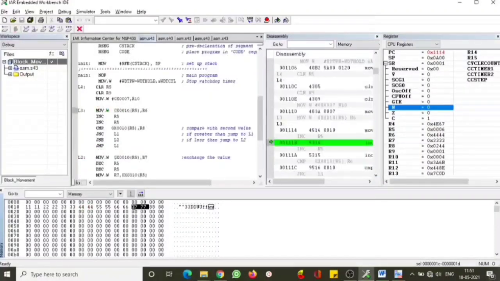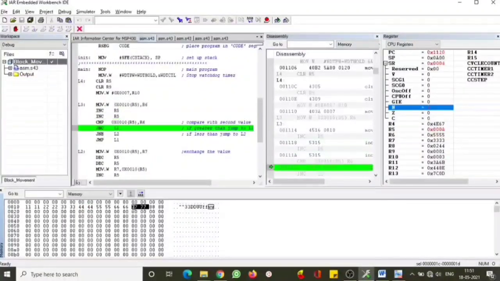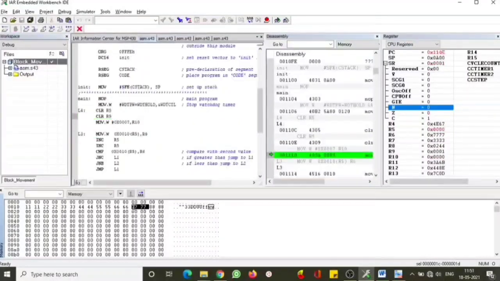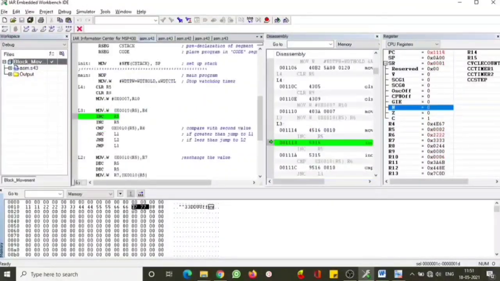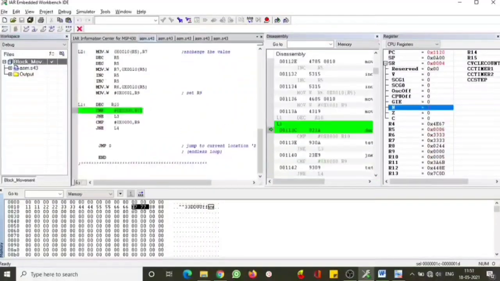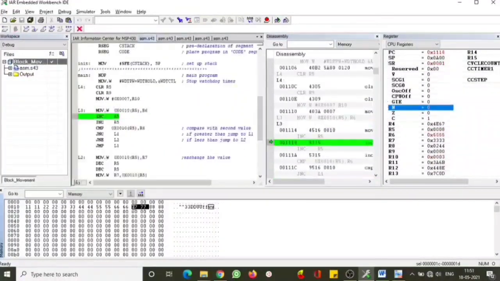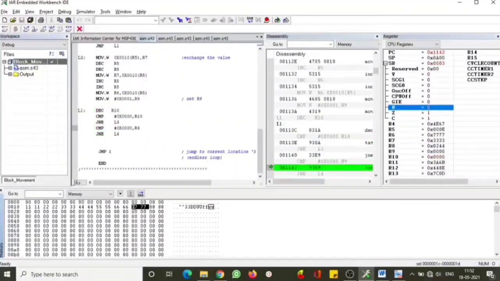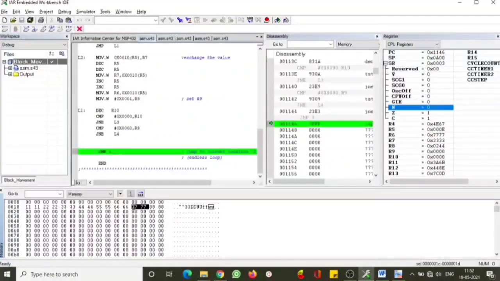Right? Now that's all. So it will complete everything, and at last it will come down to every individual location it is checking. Now it has come down to the end of the loop, because it has to check for all values. At the time that it has got to 0, it will come down to the loop jump end. And if you observe, all the data has been stored in ascending order, very properly in ascending order. Okay, this is about ascending order.